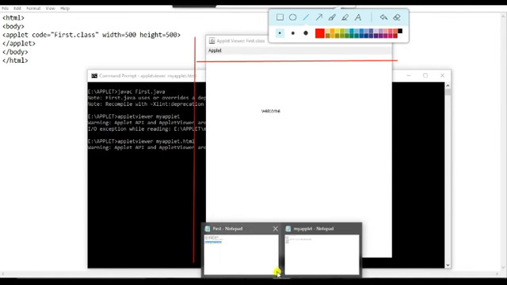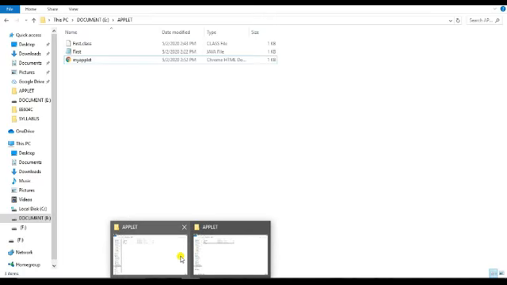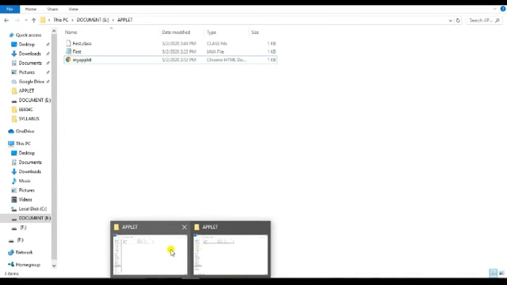Look at this. First 150 comma 150. So this is the 150, and this is also 150. So the string comes from here. So this is the x index and y index. Okay, right? So let's see another procedure, how to run this program. Even if you double click this HTML file, you will get the same output if the browser has the Java plugin enabled, right?